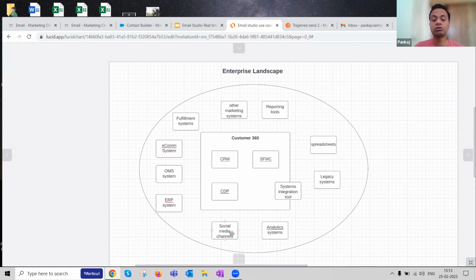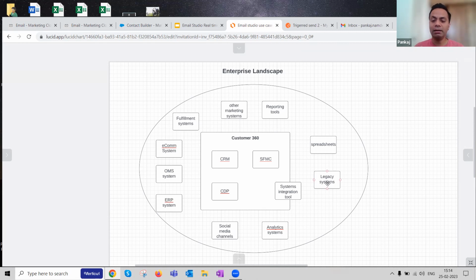Then we have got various social media channels out there these days, on which you can post at enterprise level, post different things on various channels, listen to them, and work on those things. Then you've got analytics systems, like Tableaus of the world, where you can gather or funnel all the data coming across from various systems and have a bird's-eye view of what is happening across your landscape. So that's the analytics systems out there.